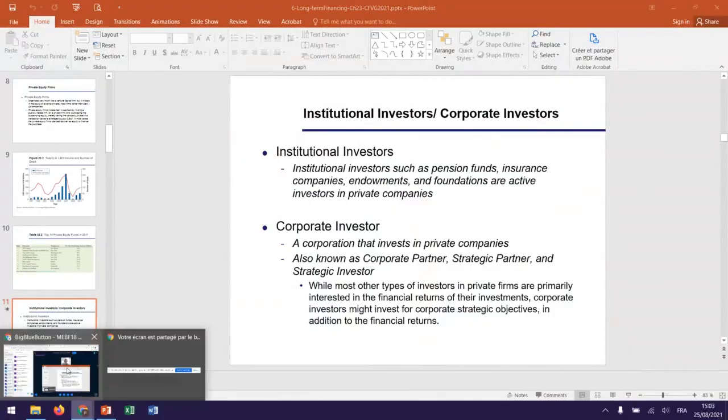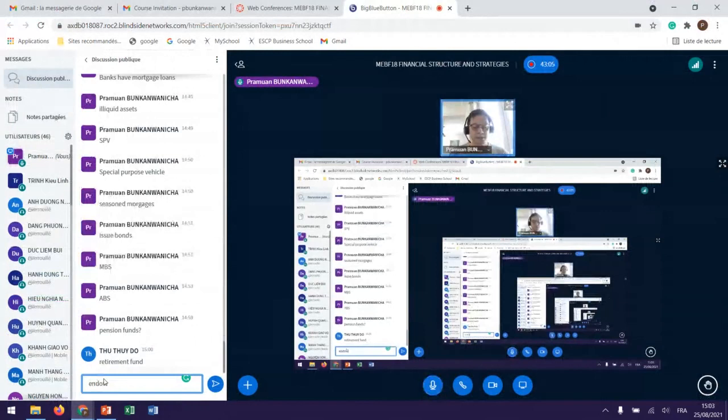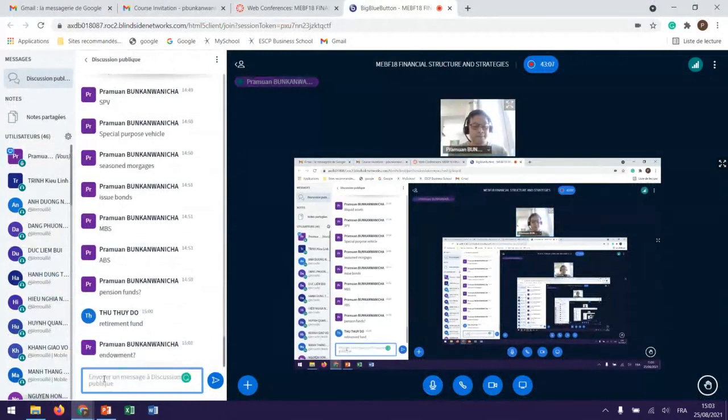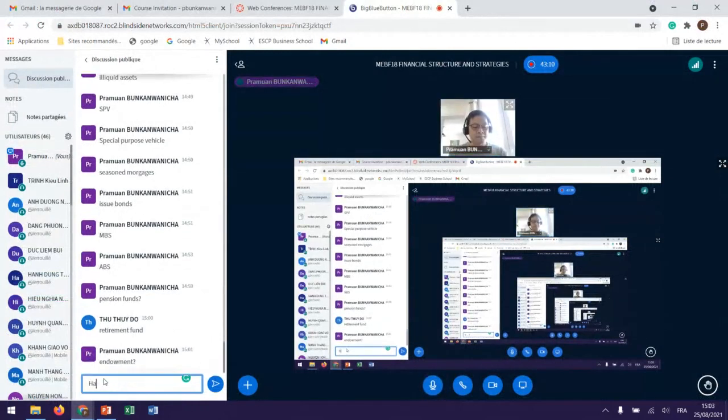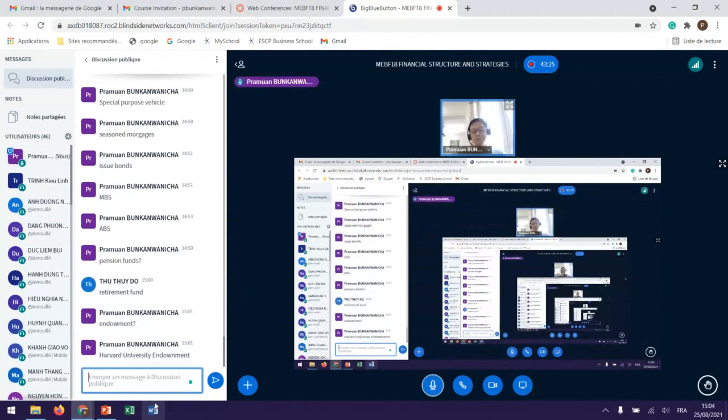Somebody know what an endowment is? So the largest one is the Harvard University endowment. So many of these top big universities have some kind of endowment, okay, that